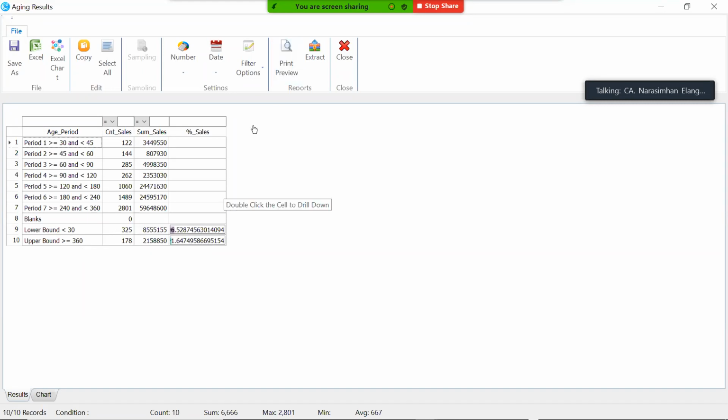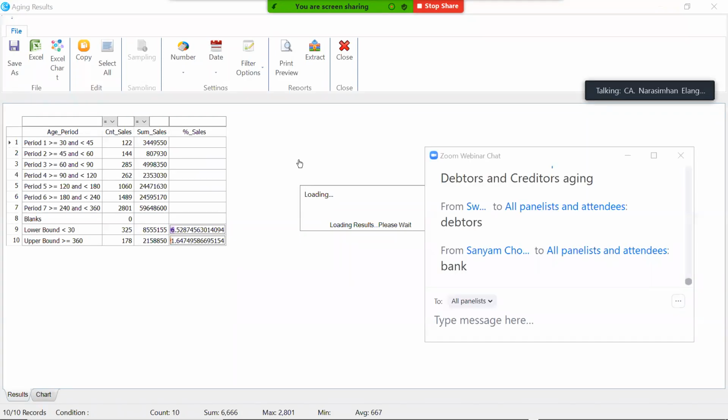Now where can we apply this when we are doing an audit? Please tell me where we can apply aging analysis other than inventory data. Most of you do one very important audit in the month of April and May. What is that audit? Bank audit. In bank audit, you can apply this, sir. NPA classification. Just take from the bank, statutory audit, anything.